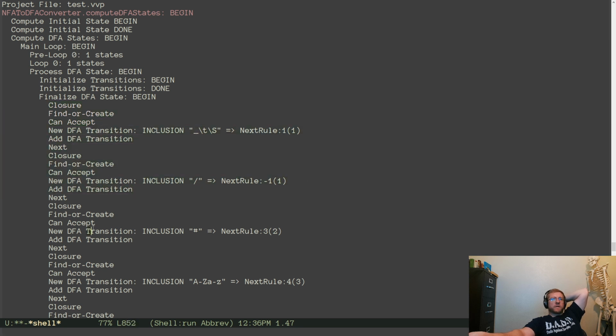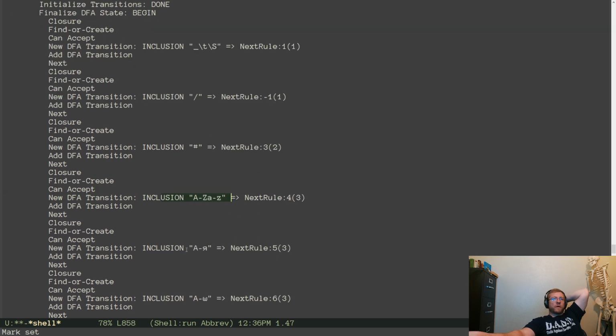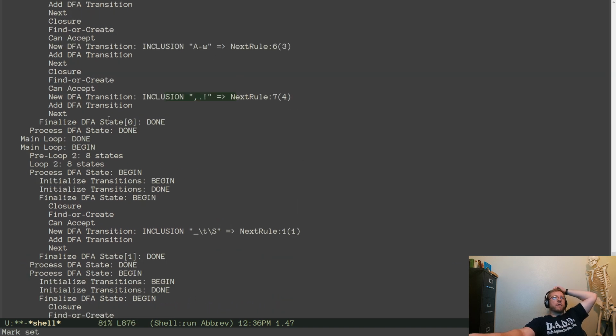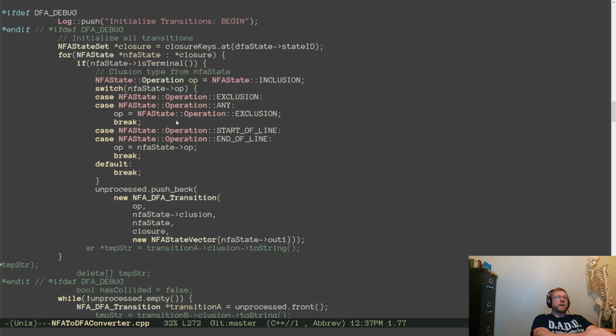White space, sharp, English, Cyrillic, Greek, symbols. Then it claims it's done. So it never got from the NFA the last thing. Huh. Yeah, well, that definitely points me in a direction.